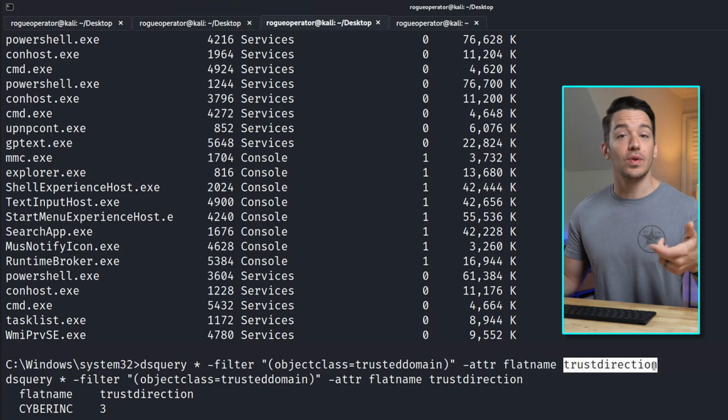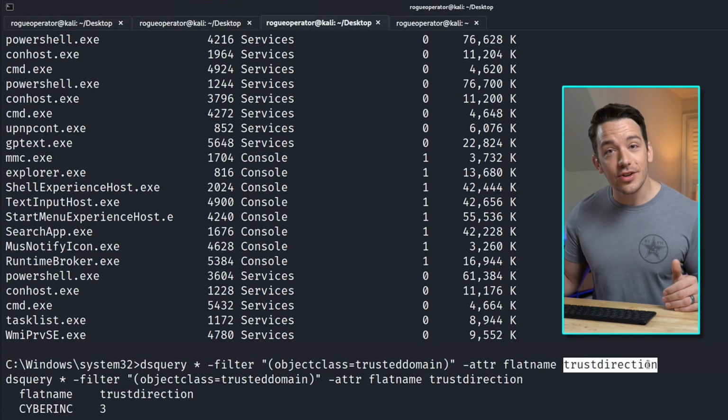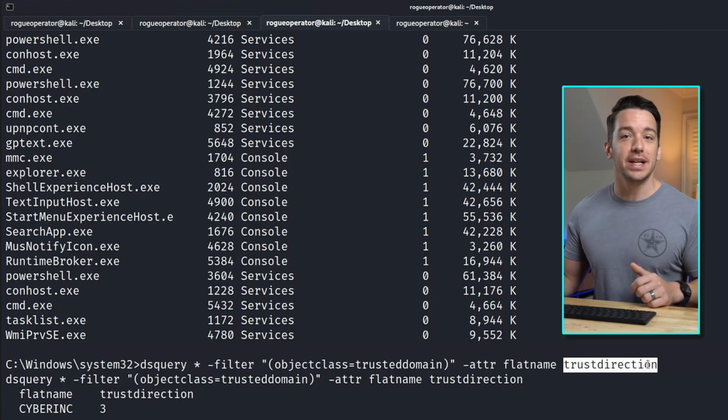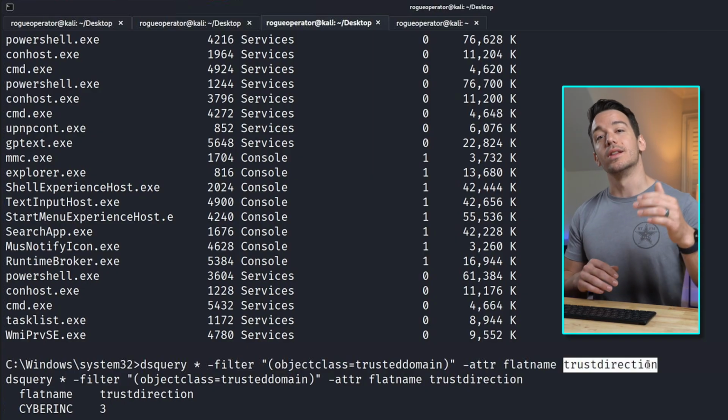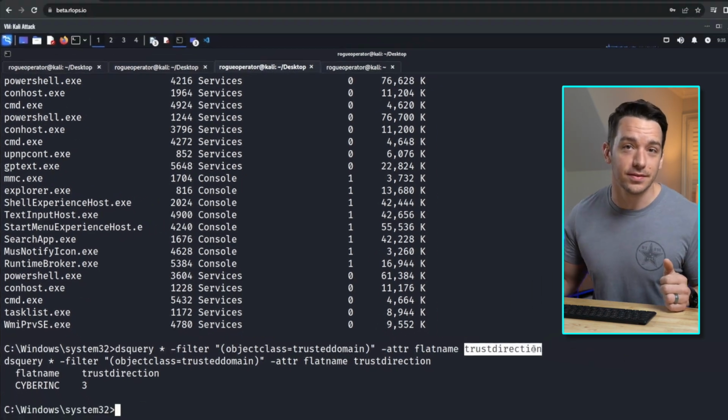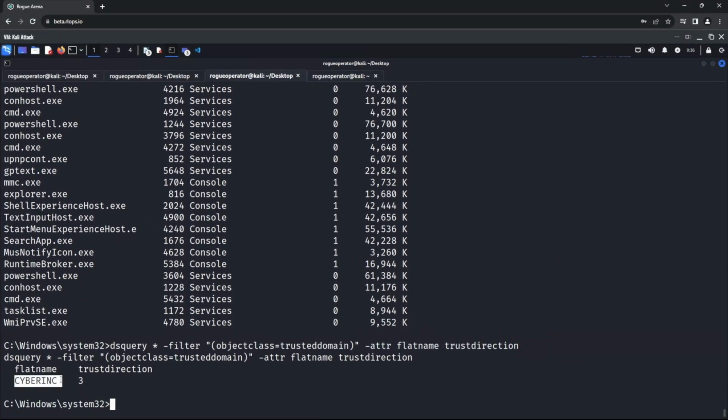Trust direction of 2 is the opposite. They can access our domain. And then a trust direction of 3 is kind of a dual-way trust. We can log into their environment, they can log into our environment. So we have our domain here, Cyber Inc., and a trust direction of 3. That's great. That means we should be able to query into their target domain, and that means they can query